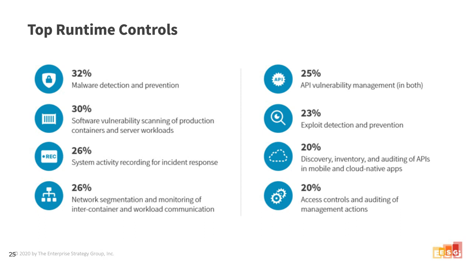So, this is the DVR recorder analogy that a lot of folks talk about. So you want to be able to capture that system activity in case you need to go back, your SOC team needs to go back and do some analysis. There are a number of other controls you can see on the slide here, everything from having an inventory of APIs and access controls and anti-exploit. So all good stuff. That is best practice number 2.